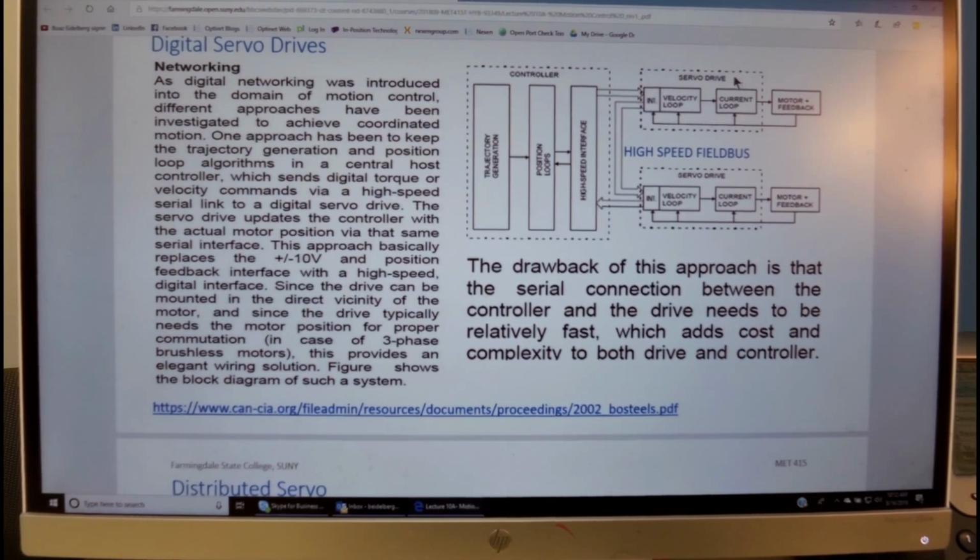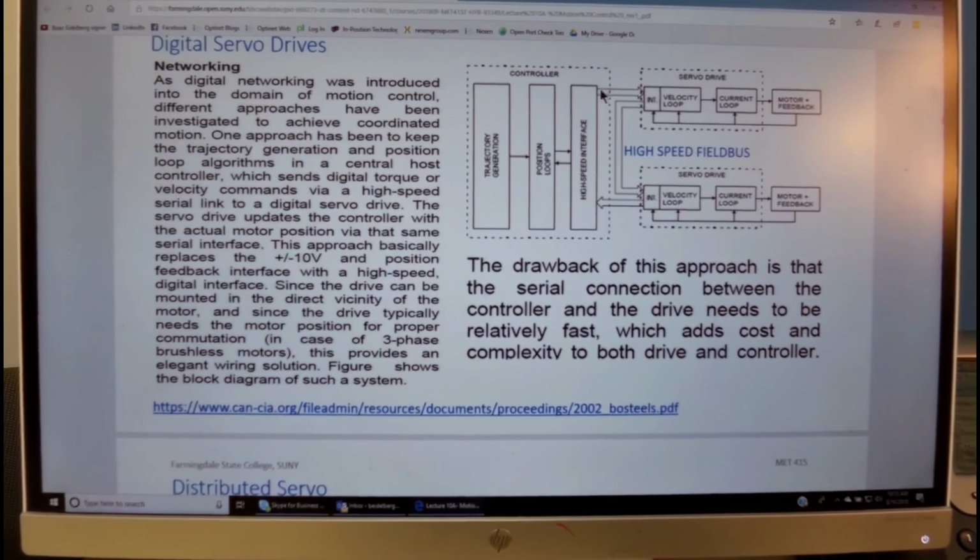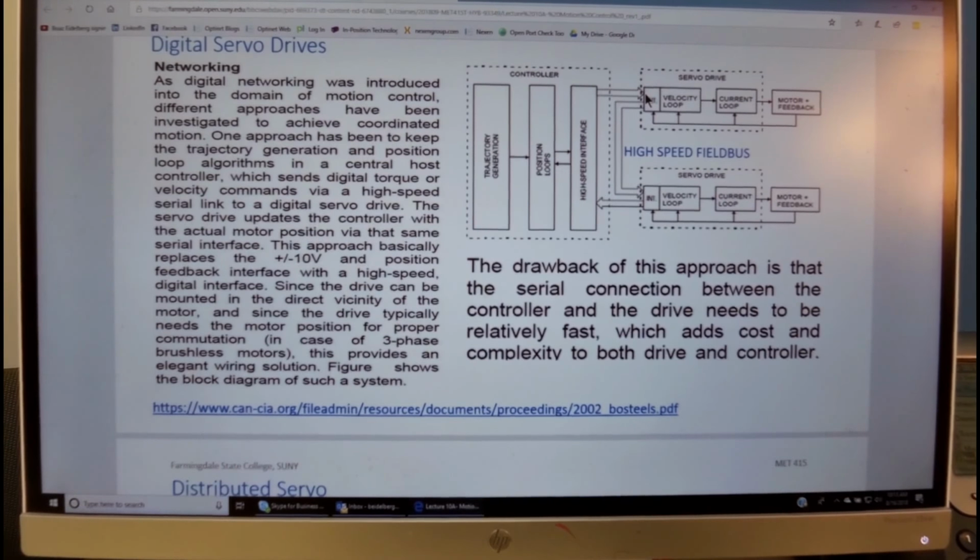So previously it was an analog servo that received plus or minus 10 volts, and here it is a digital servo that receives in a field bus a target velocity from the position loop, which is being generated from the trajectory and the feedback that the controller receives from the encoder, and that target velocity is getting into the servo drive.